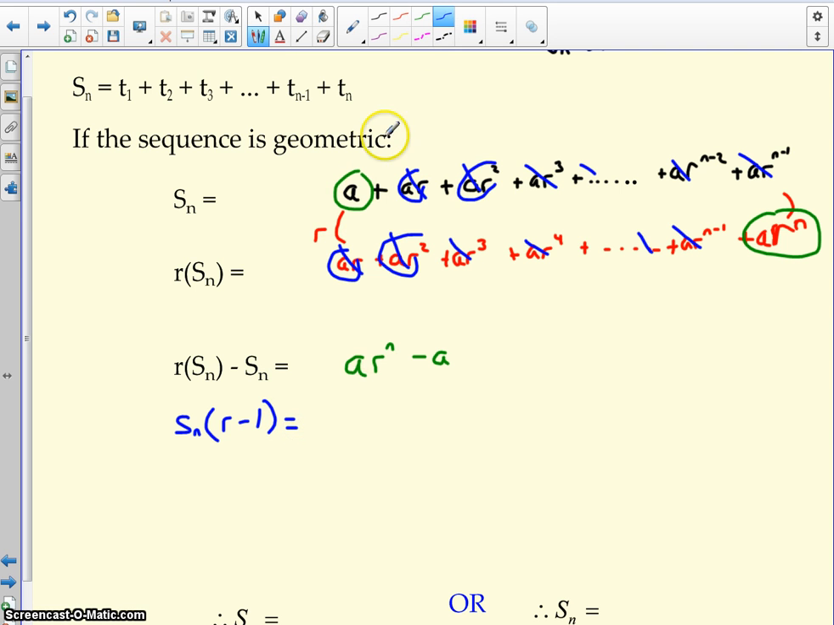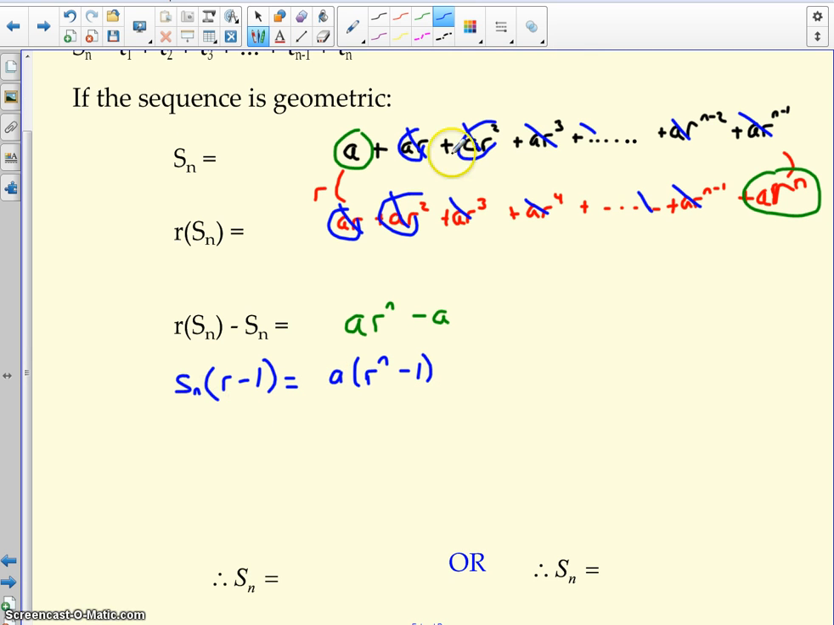And what I'm going to do on this side is notice I have an a in common from both of these terms. I'm going to factor out an a. So I'm going to have a times r to the n minus 1. Okay, and then all I really need to do now to solve for Sn is divide both sides of this equation by r minus 1. So divide there,